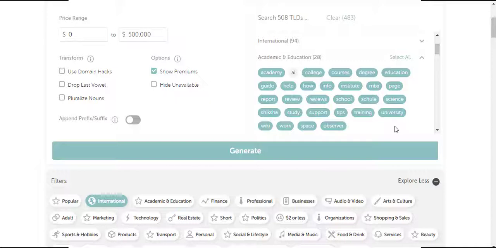ccTLD, which is country code top level domain. A country code top level domain is a domain that is reserved for a particular country and is usually 2 letters long. Examples of country code top level domain are